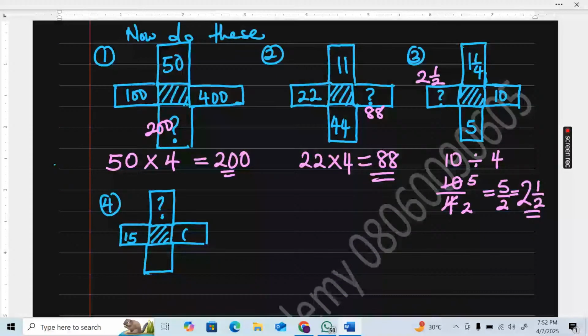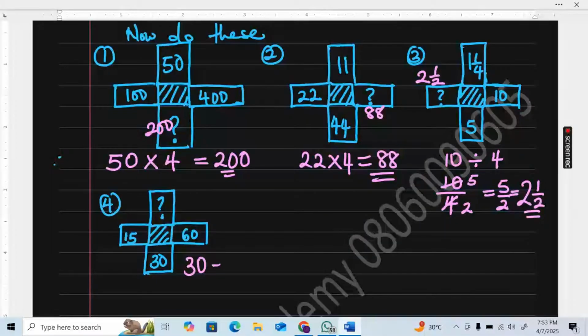We have 30 below. Now, like I said, if you want to get the number above or the number on the left, you have to divide the other numbers by 4. So to get the number above, we have to divide 30 by 4. All right? So to get the number above, well,